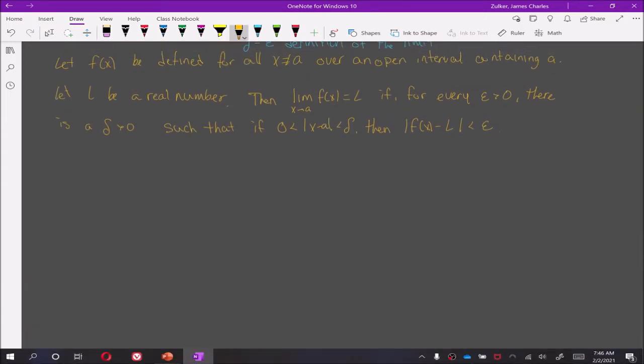If we have the graph of a function, let's say something like this. Right, we'll say this is A, and we'll say this here will be L. Right? Then what this is saying is essentially, given any value of epsilon,